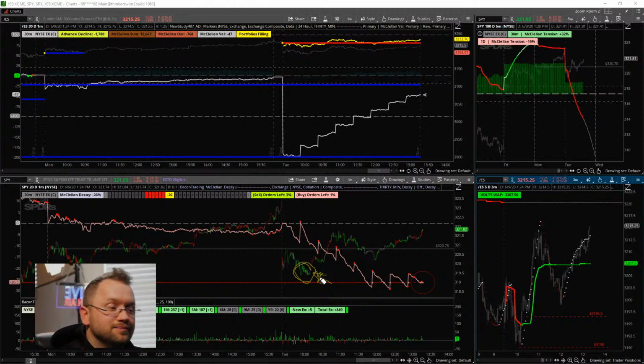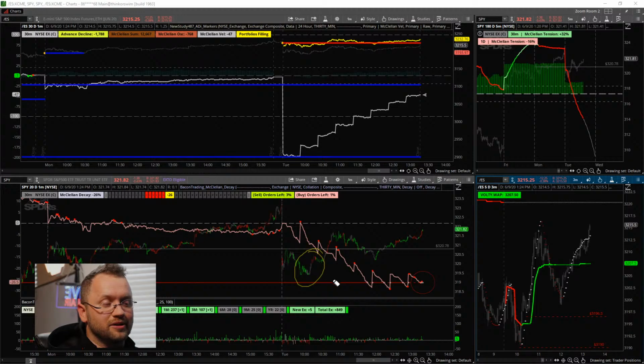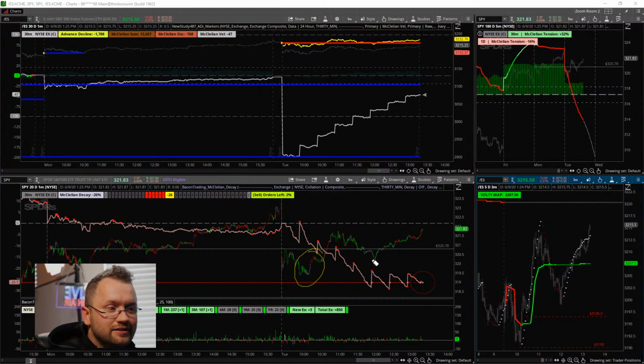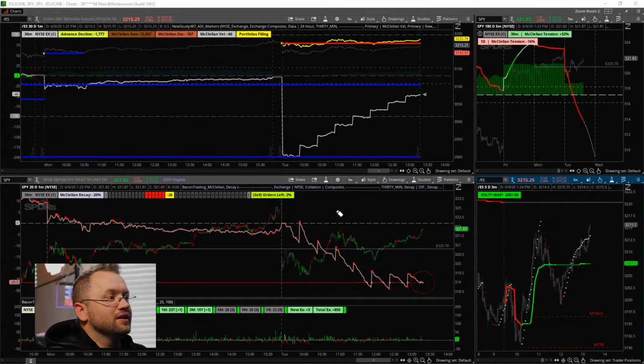Is that bad? Well, it depends on how you feel and think and how well you do it, understanding what's going on. If you understand what's happening and you have tools that say, let's take advantage of this scenario, well, you could probably take advantage of it. Personally, I think if you didn't see it as it was developing, you didn't see it. Getting in late doesn't, I don't know, do what you want. So that's where we are.